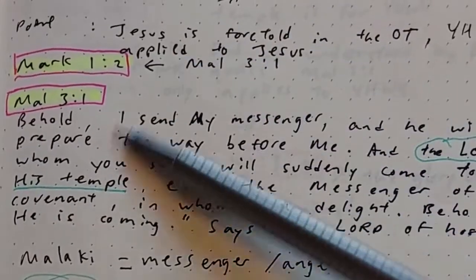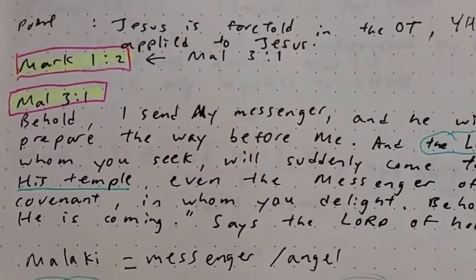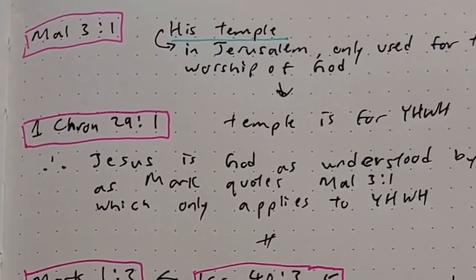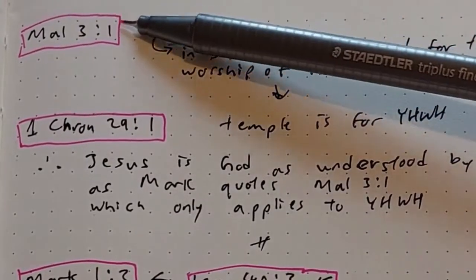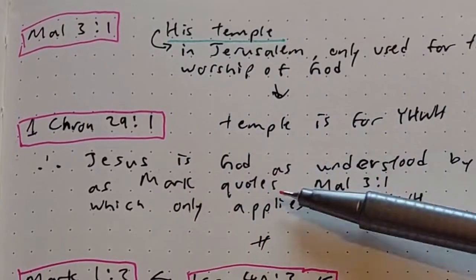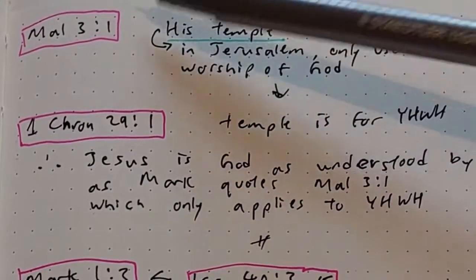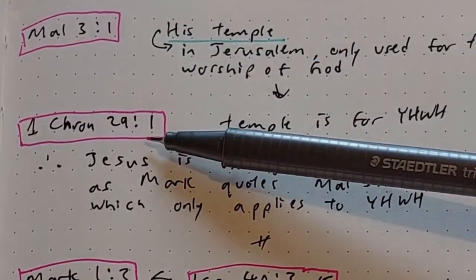And here I write down the verses and the arguments. So here is a sample of Sam's arguments and the verses he quotes to support his argument. So we have Malachi 3:1, 1 Chronicles 29 verse 1,